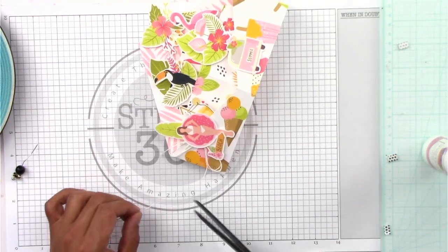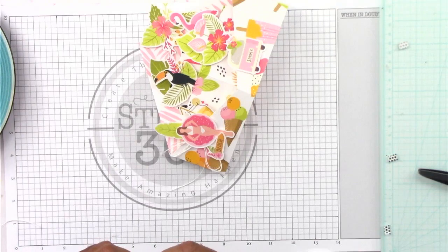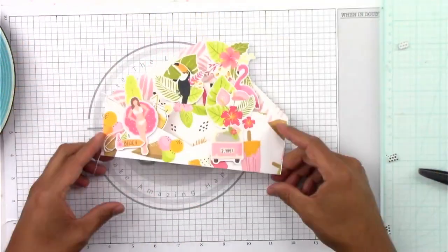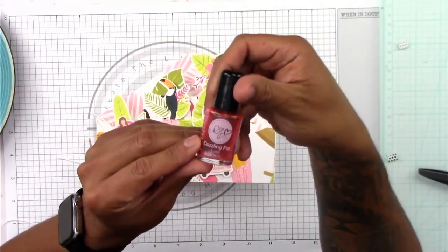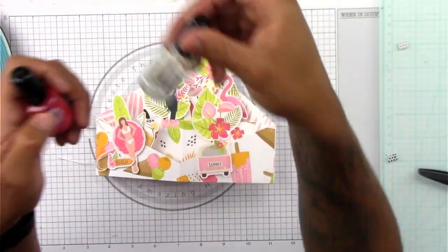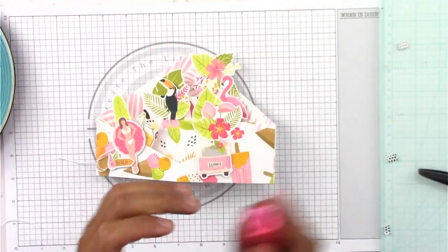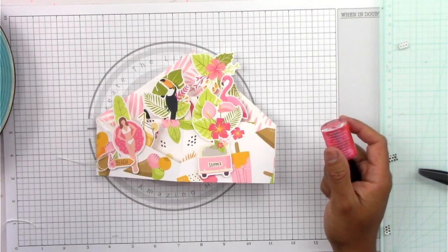So we're going to go ahead, trim off the end of that. Just adds a little twine, creates a little bit of a finishing touch. And to really bring a finishing touch, we're going to bring in some Dazzling Pat in our sour watermelon. So just shake that up. Dazzling Pat comes clear, and you can actually add any of the sugar drops to